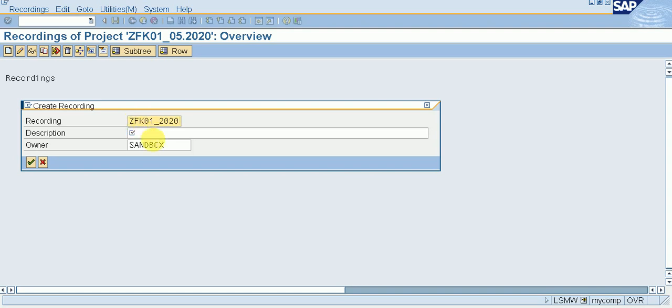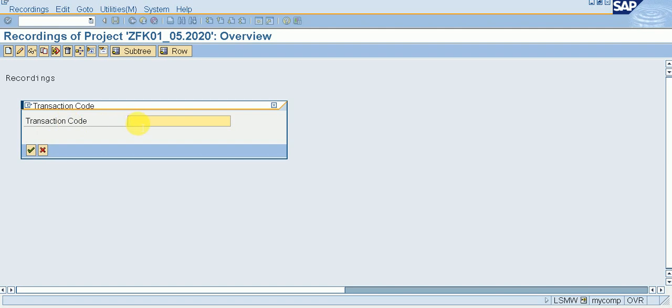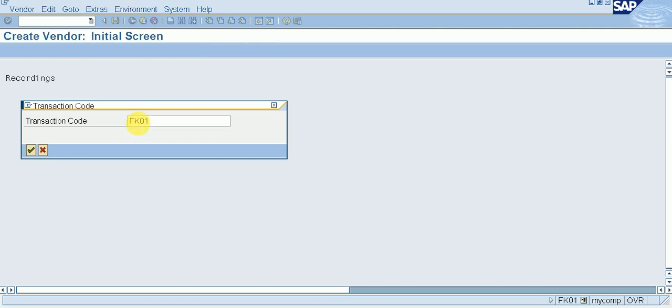Okay. For description I am giving: import from vendor creation FK01, and then continue. Give your transaction code where you are doing the recording. So I am doing the recording in FK01.